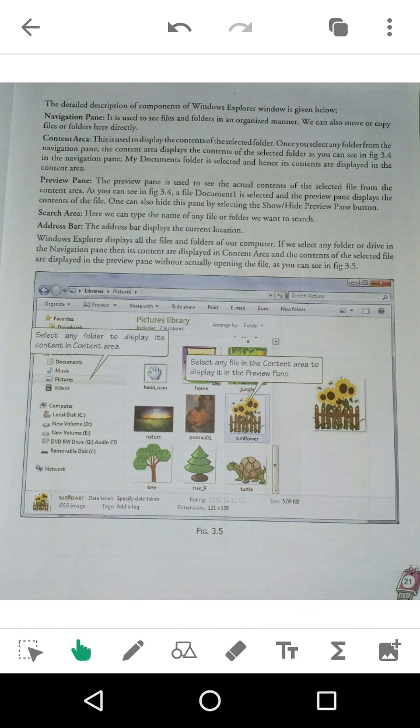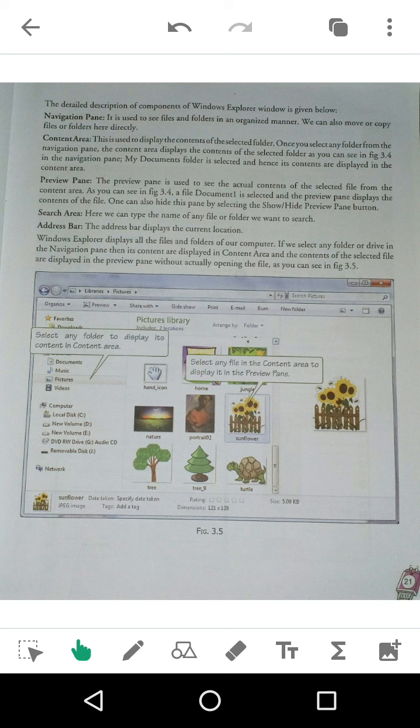Now, the preview pane. This pane is known as your preview pane. The preview pane is used to see the actual contents of the selected file. What does actual content mean? What content it has.